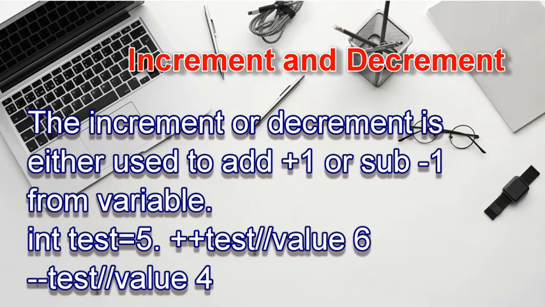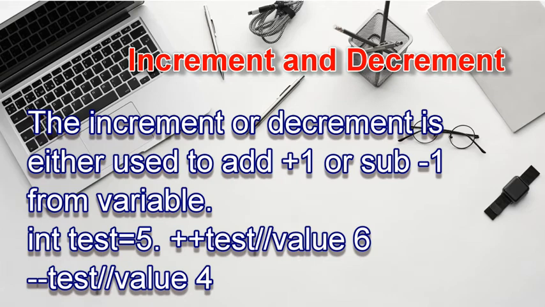We have another type of operators, that is the increment operator. These are also a kind of mathematical operators, but the increment operator is used to add a value of 1, or the decrement operator to subtract 1. The increment operator is used to add one to the value that we have already stored in the variable. So we simply use plus plus and then the name of the variable, or we can use minus minus in the case of decrement. This is the basic purpose of increment and decrement operators, which either add one to a value or reduce one from it with the help of plus plus or minus minus.